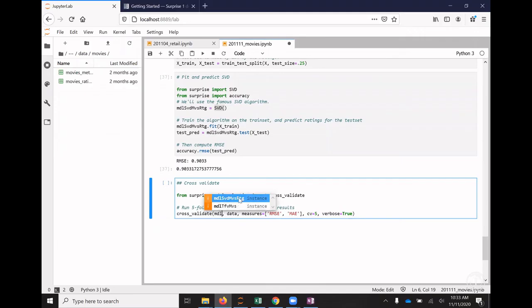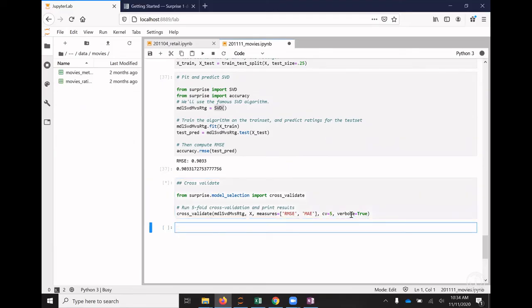This is our model, and we give it the full X now. Remember, whenever we cross-validate, we give the full data set because it can do the splitting on its own. The measures, what do we want to do the cross-validation against? Our MSE and RMSE, maybe 5 splits. This might take a little bit of time because it's going to do this 5 times. So let's quickly